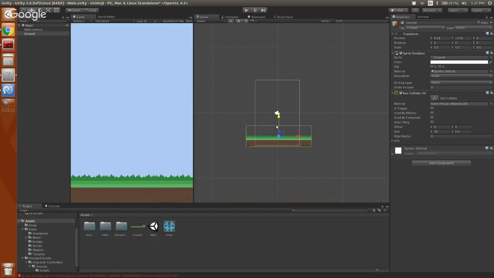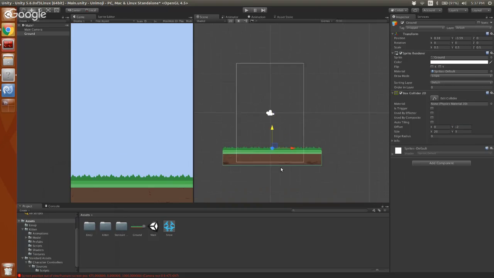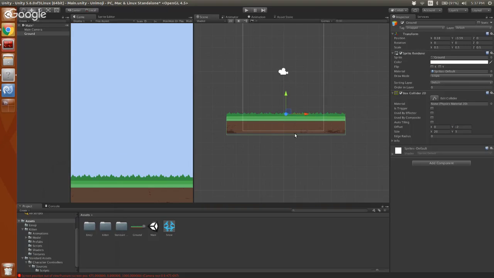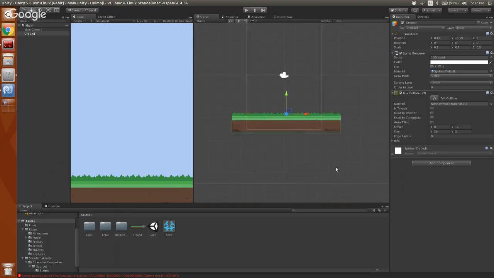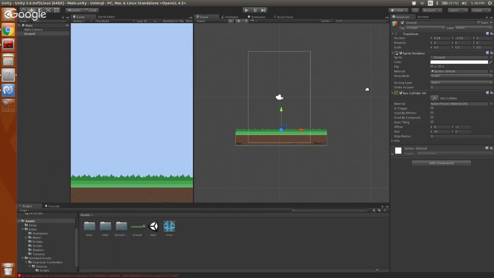And you can see we get those green lines, just like before. And since this is ground, we don't want all this space in the image to be collided with. So we're just going to change the size of this. Nope, that was right the first time. Add it like 3, and then move it down a little bit. So now you can see that the green line for that box is about equal with the grass line. It's close enough. And we don't need a rigid body on the ground because it's not going to be falling or moving. So we're good there. And then I want to just add in something to fall on the ground.